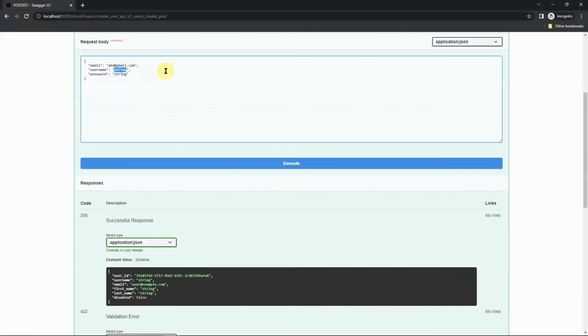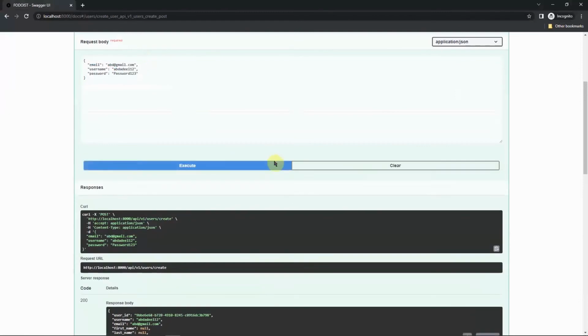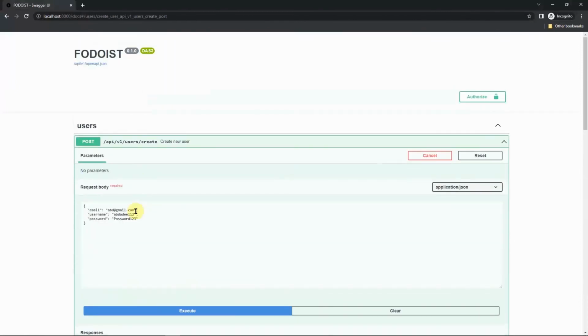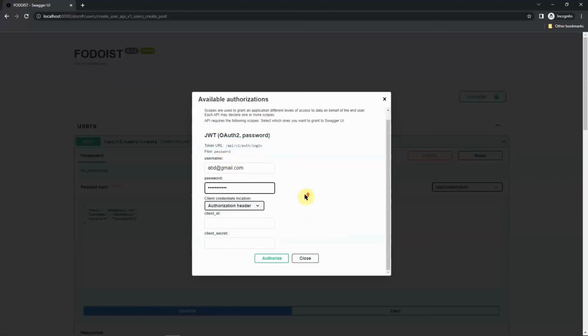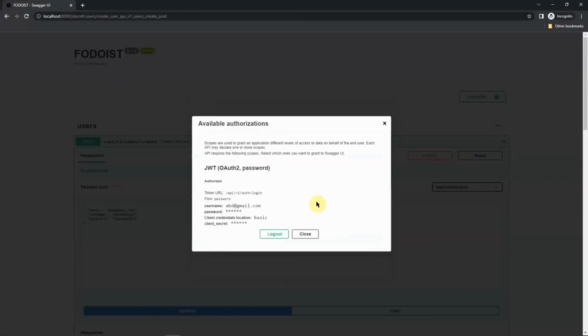abd@gmail.com, and then 12, and then password is 123. Create a new user. We have a new user created, abd@gmail.com. We can just come here, abd, and then password is whatever my password is. Authorize. Okay, so we have, so far in the backend, FastAPI make a request to this endpoint and then get